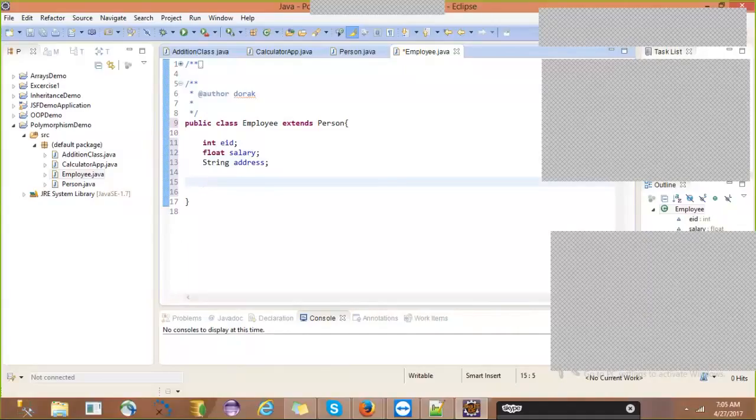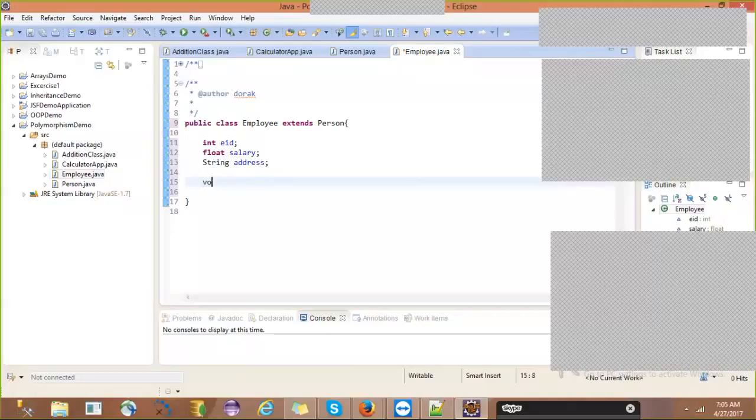We need set employee details. Next, what is the other method that we need? What's the other method we need, Sai or Vishnu, Teja? Get employee details. So set employee details and get employee details we need. So instead of writing set employee details and get employee details, I will write, yes, exactly, set details.